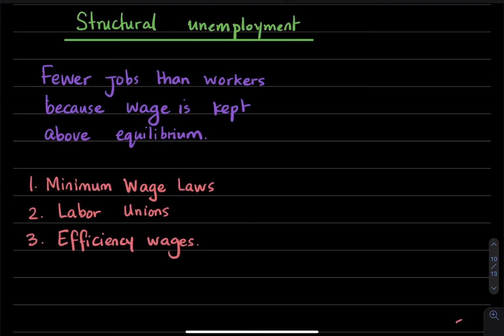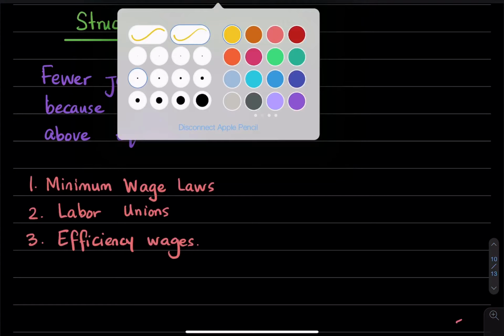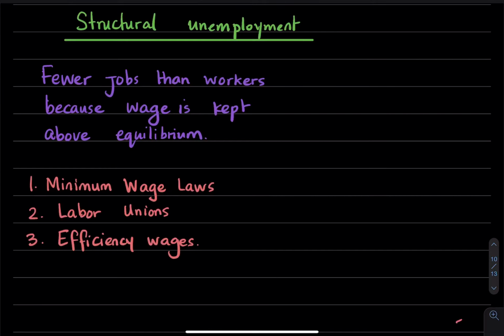So structural unemployment is a type of unemployment that typically occurs when there are fewer jobs than workers because wages are kept above equilibrium. And there are three reasons for this, which we're going to discuss one by one. There are minimum wage laws that can affect wages. There can be labor unions, or there can be efficiency wages. So here we're going to start with thinking about